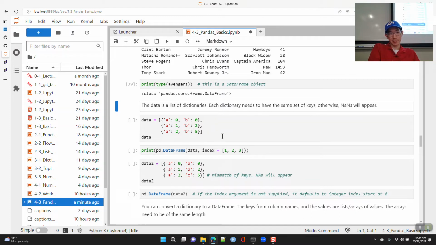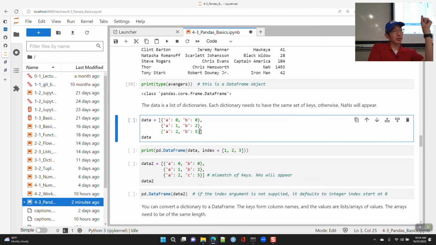Here I've got a list of dictionaries. Okay, and so here I can turn this into a data frame. So here I've got A is 0, B is 0, A is 1, B is 2, A is 2, and B is 5. And this is just another way to create a data frame: you can give it a list of dictionary values, and then you say make a data frame out of this.